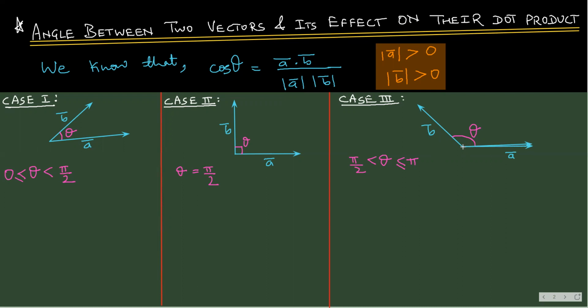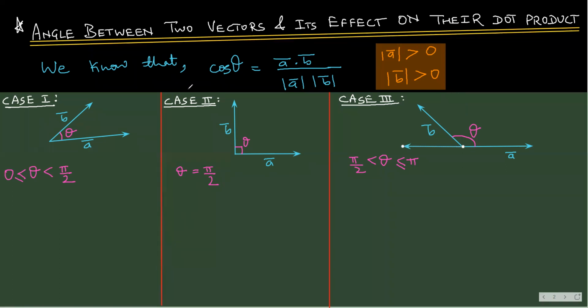So if I want to show it to you in diagram, see, it is 90 degrees somewhere here. So the theta that we have taken here is greater than 90. It is greater than 90, lesser than or equal to 180 degree. So in third case, the angle lies in between these two extremes. That is greater than pi by 2, lesser than or equal to pi. So greater than 90 degree, lesser than or equal to 180 degree. Okay, so this is the third case.